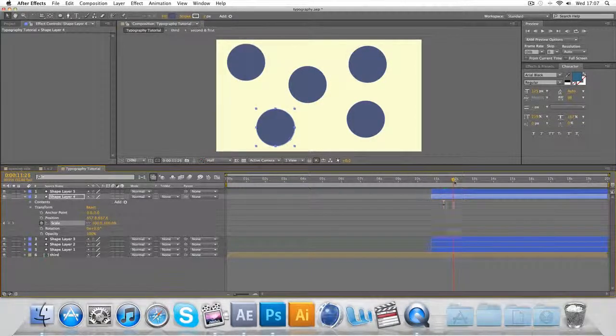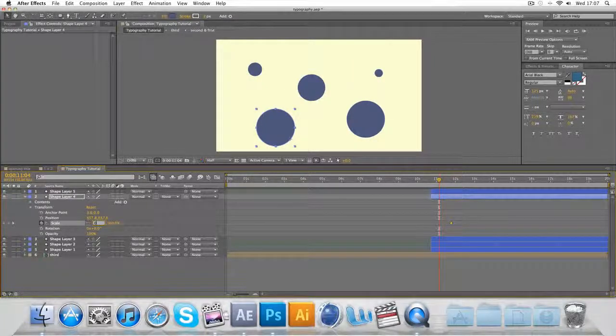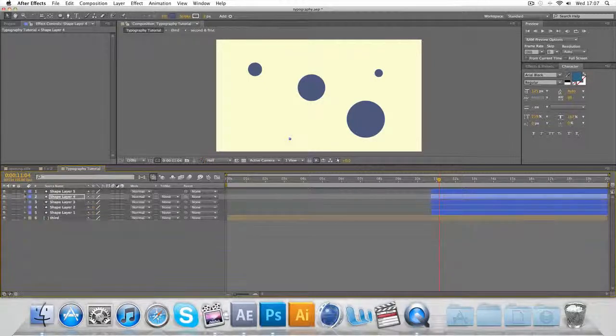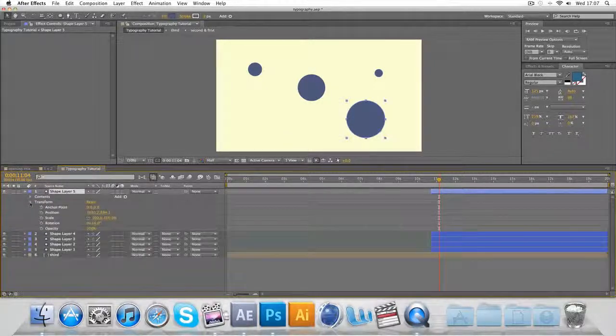Scale 100, move that across maybe just a little bit, and 0. And then on the top final circle, last but certainly not least,